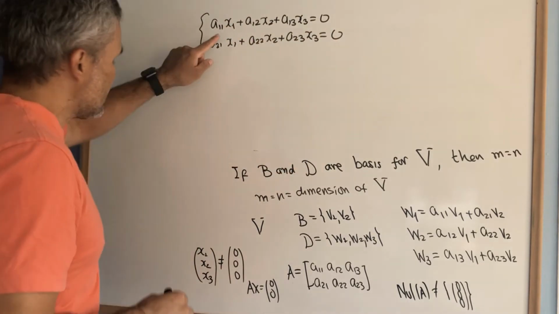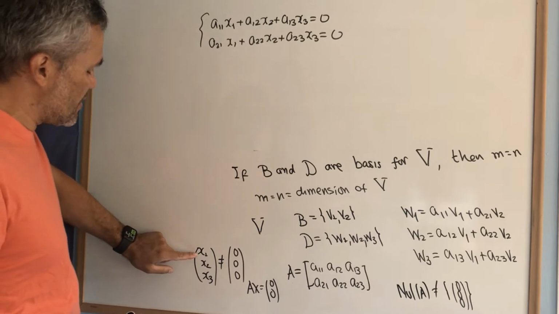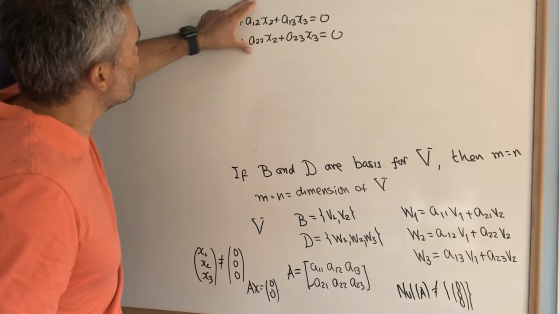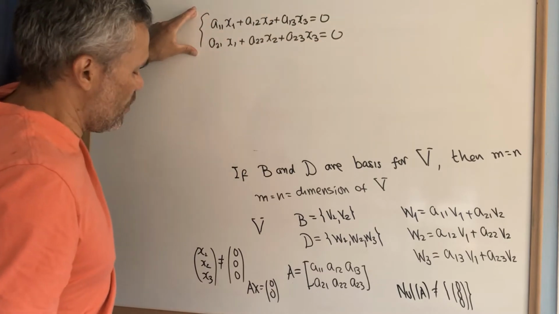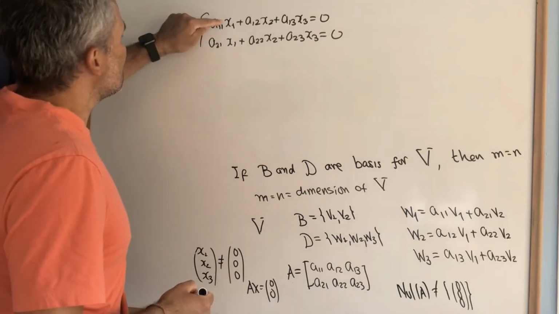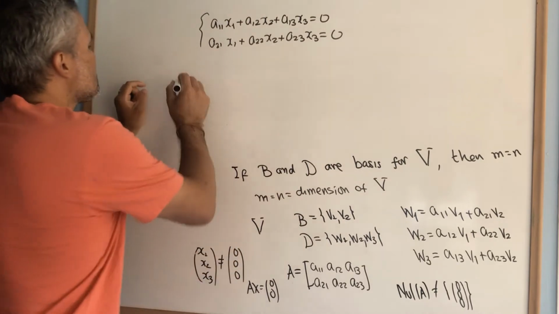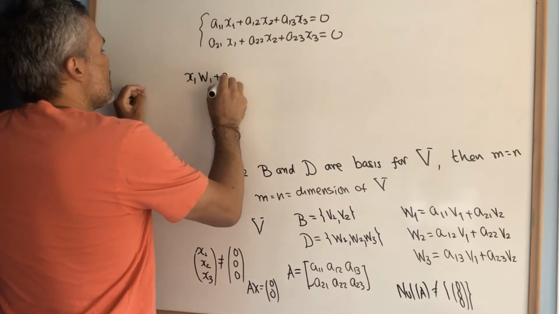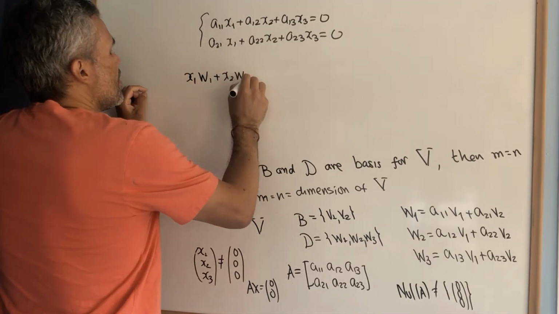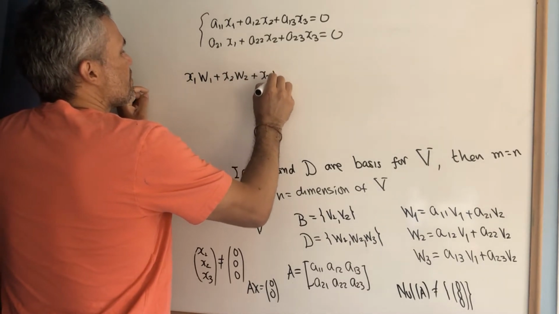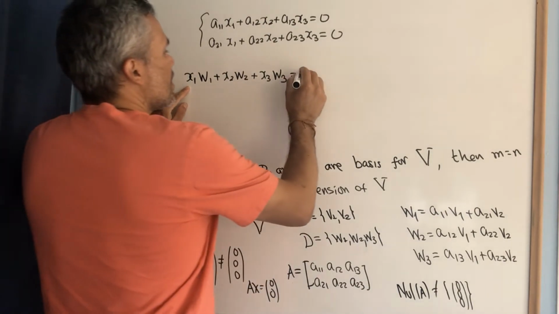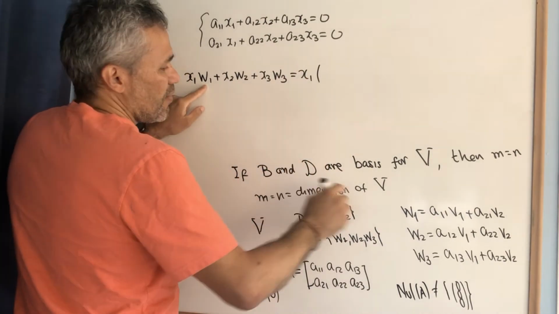And we have that this x is fixed, there are some numbers different from 0, 0, 0 that satisfy these two equations. And using this x1, x2, and x3, let's consider this linear combination, x1 w1 plus x2 w2 plus x3 w3. This is equal to x1, and w1 is